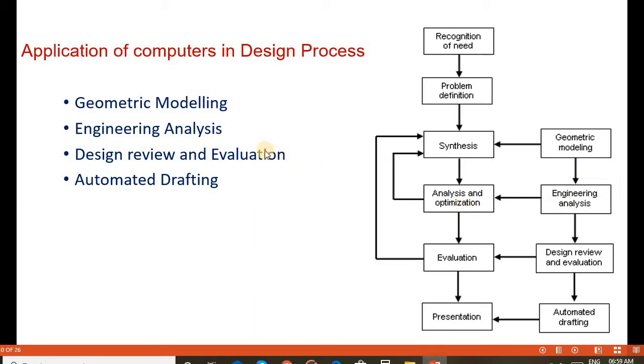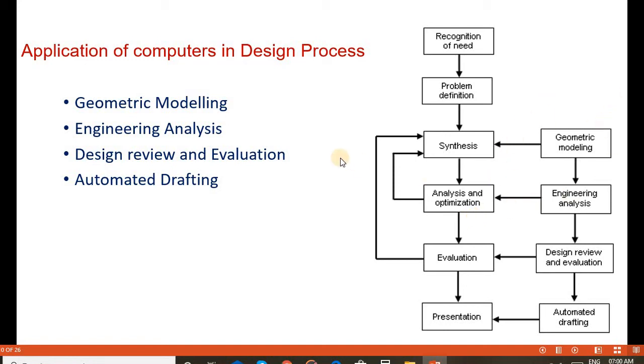The applications of computers in the design process are geometric modeling, engineering analysis, design review and evaluation, and automated drafting. These four applications of computers are integrated with the design process according to the flow charts.